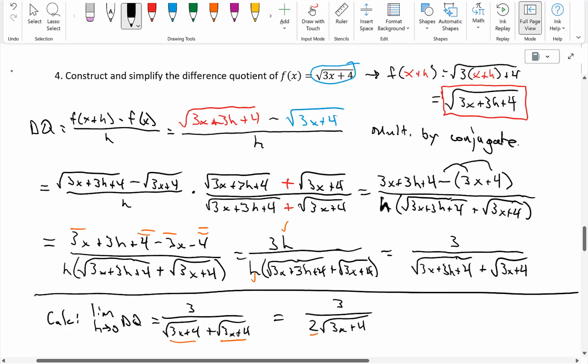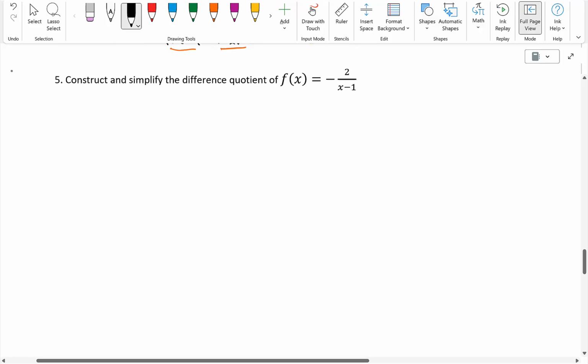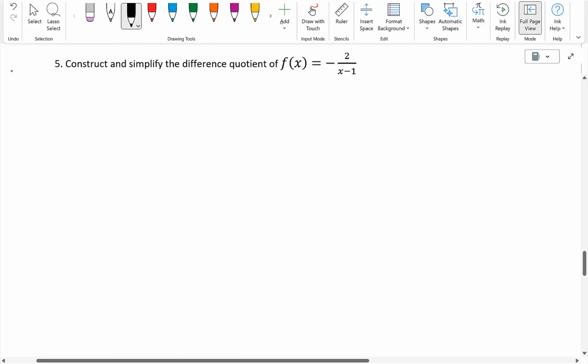All right, one more with the complex fraction here. We want to construct and simplify the difference quotient of f of x equals minus 2 over x minus 1. And just to make it easier for you, we're going to rewrite it with that negative in the numerator. So it's a minus 2 divided by x minus 1. Our f of x plus h then